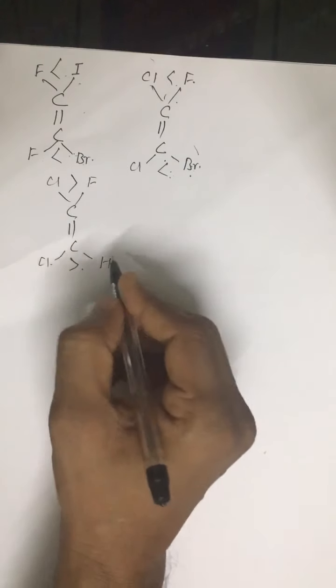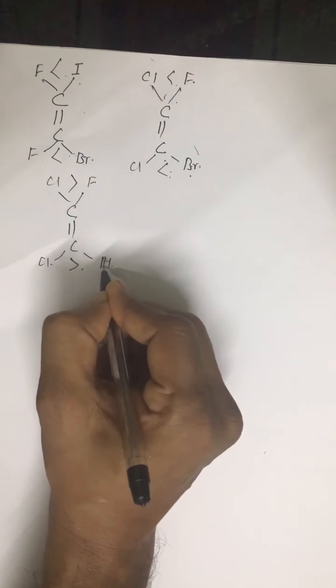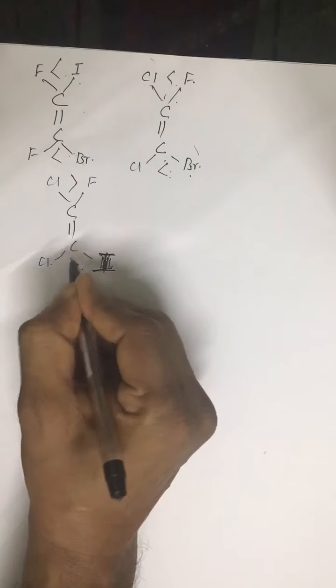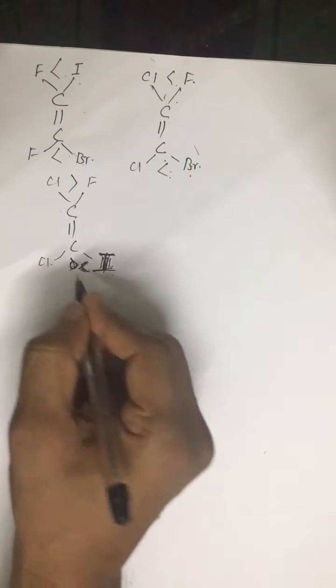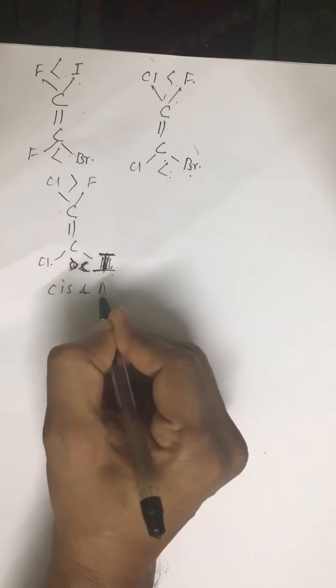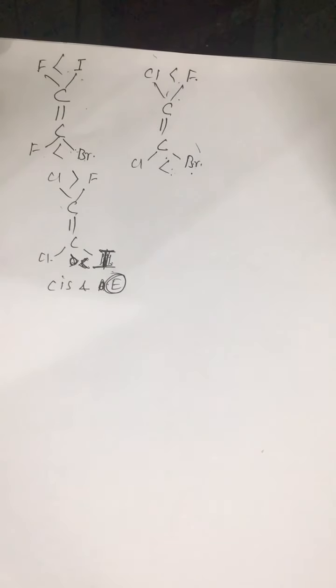This is cis, and now let us take iodine here. All right. This is cis form. All right, and senior groups are on opposite sides. So this is cis and, I'm sorry, cis and E form. Cis and E form. So like that, you can